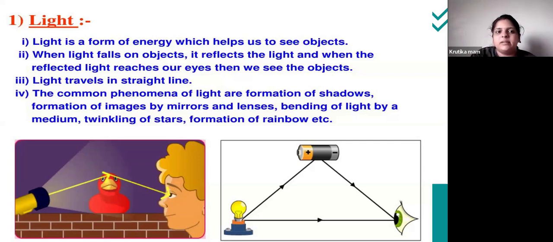ಆಯ್ತಾ? Next, second point you can see there. When light falls on the object, it reflects the light, and when the reflected light reaches our eyes, then we see the object. So ನಿಮ್ ಸುತ್ತಮುತ್ತಲು ಯಾವುದೇ ಆಬ್ಜೆಕ್ಟ್ ಇರ್ಬೇಕಾದ್ರೆ ಫಸ್ಟ್ ಏನಾಗಬೇಕು, ಆ ಆಬ್ಜೆಕ್ಟ್ ಮೇಲೆ ಲೈಟ್ ಬೀಳ್ಬೇಕಾಯ್ತಾ? So first the light should fall on the object, then later whatever the light rays are there, it will reflect back, it will hit back. So ಆ ಆಬ್ಜೆಕ್ಟ್ ಇಂದ ನಿಮ್ ಕಣ್ಣಿಗೆ ಆ light rays ಬಂದ್ ಮುಟ್ಟಿದಾಗ you are able to see the object.